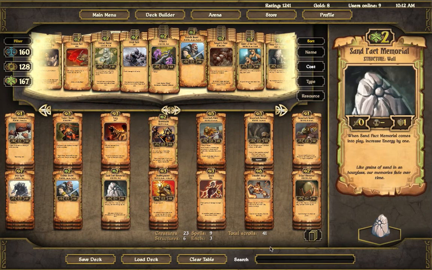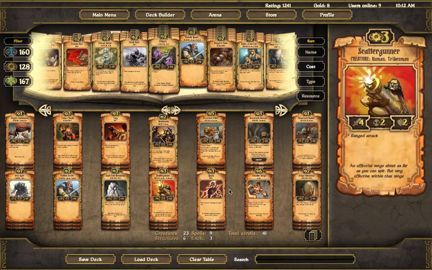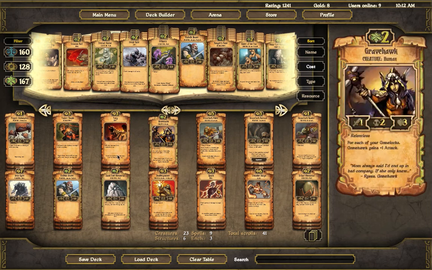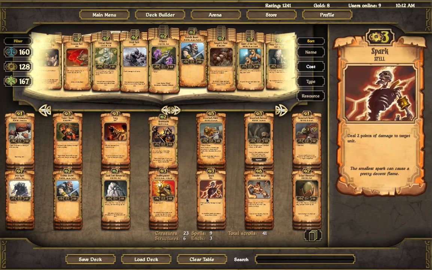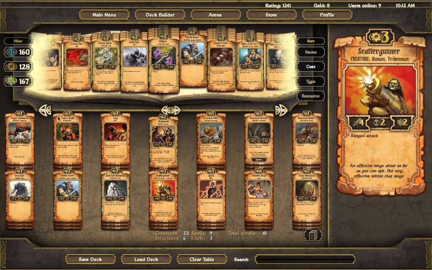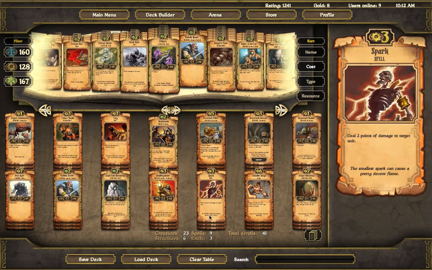Typically, it's not. It's just for consistency's sake. So we're looking through this deck. Let's say we've got 3 Ember Bonds and we have 3 Spark. Now, I'm gonna go out on a limb and say people are playing growth decks more, so I think Ember Bonds might be a better choice,